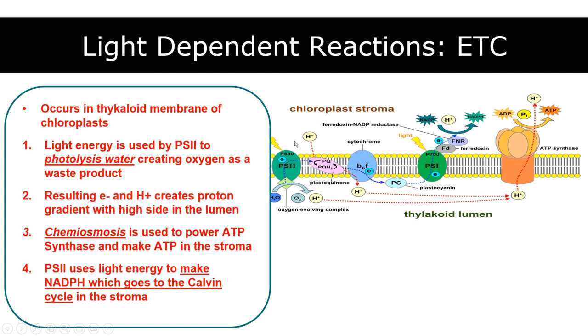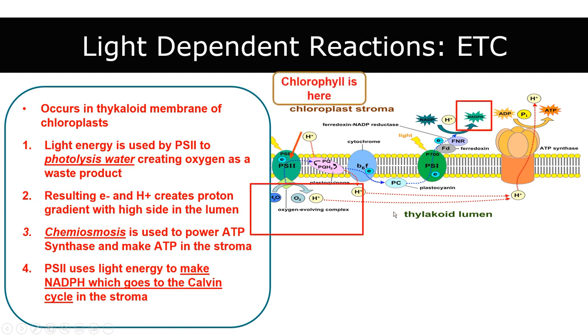So main points: photolysis of water with the energy of light to create a proton gradient that is going to then use chemiosmosis to make a large amount of ATP. Photolysis of water to also give me the electron and light energy here in photosystem 1 to reduce NADP to NADPH. So those are the main products of